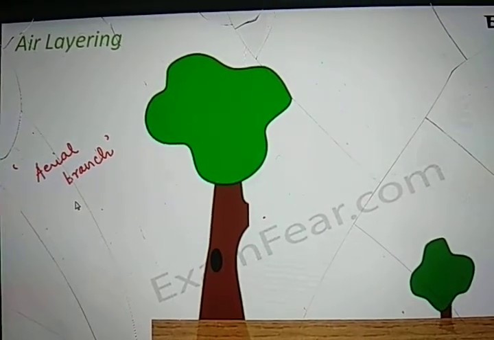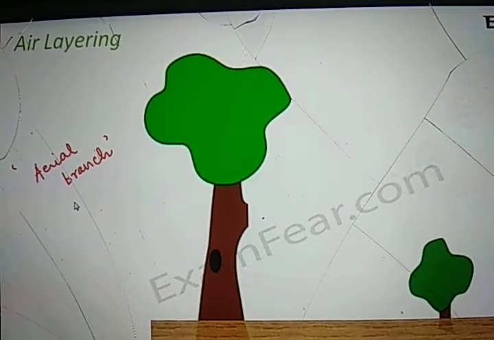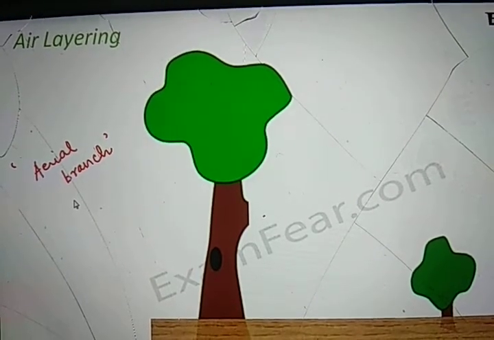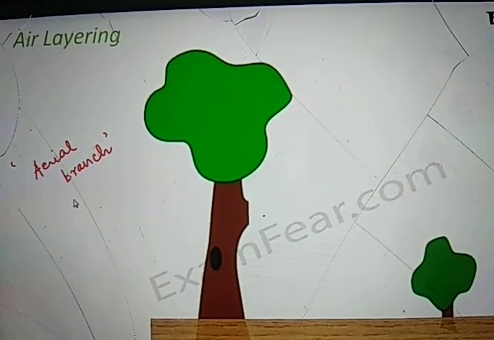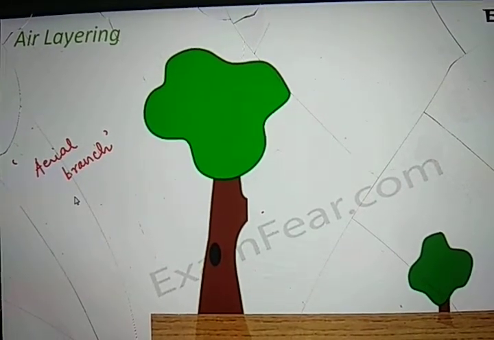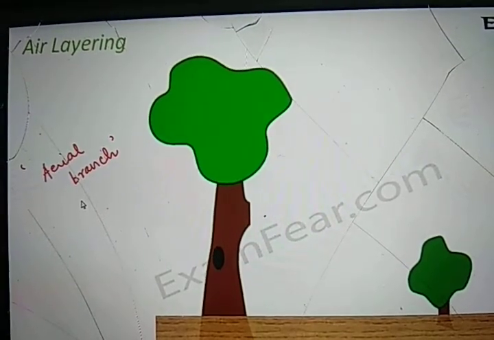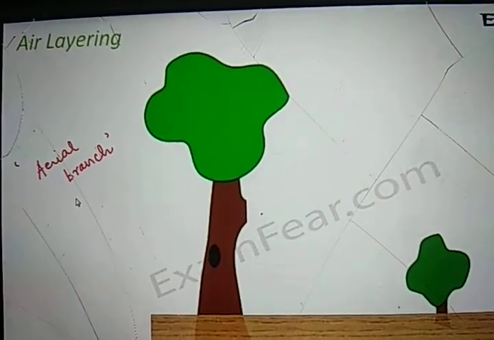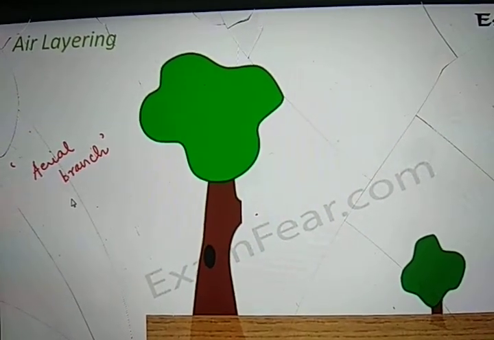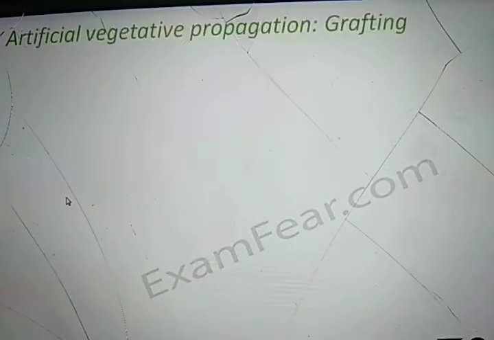Because if you look at it, what we are actually doing is not cutting anything from the parent plant. Everything stays with the parent plant, but we are just putting an additional layer for a new plant to form. In this case, we just put a layer of moist mud. In case of mound layering, what did we do? We just put a layer of soil on that particular branch. Because of that, a new branch will form. So this is how layering helps to grow a new plant.